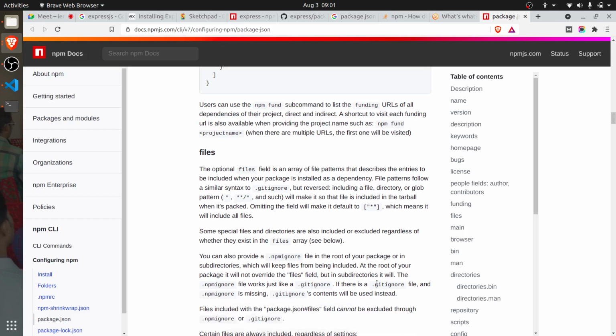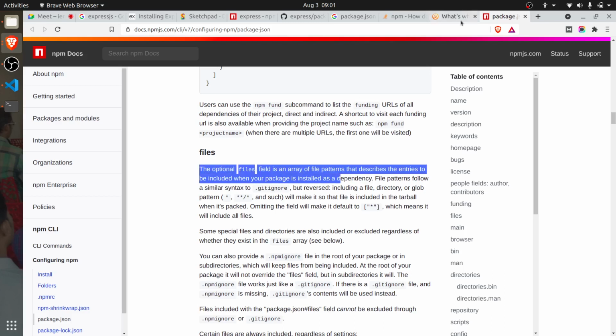Now they have excluded the main, right? They have excluded the main, but they have the files array. What it says: the optional files field is an array of patterns that describes entries to be included when your package is installed as a dependency. Means it is the same as the main.